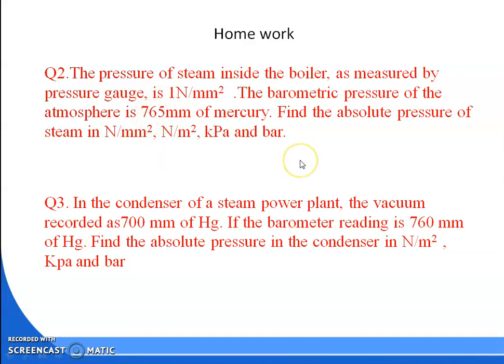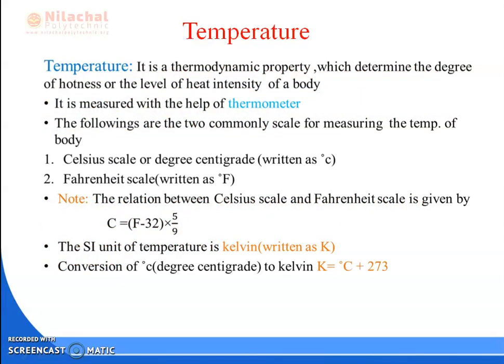Pressure is equal to rho gh. So you got which value? That atmospheric pressure. Then what is the relationship between absolute, atmospheric and gauge? We know that absolute pressure is equal to atmospheric pressure plus gauge pressure. These two questions are also homework for you. And go for the next slide.